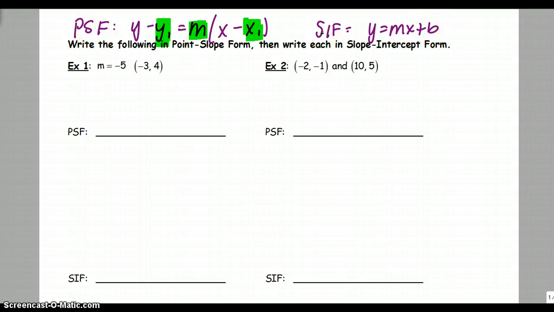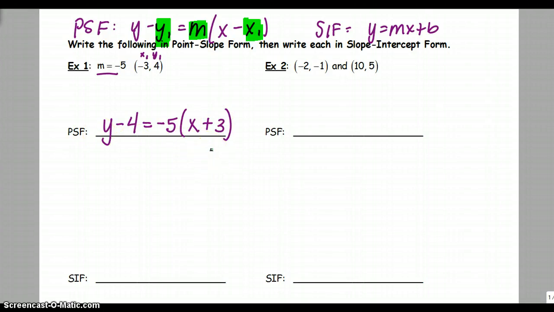slope-intercept. So for example 1, we are given a slope and a point. If you have to, write x1, y1 over the point so you know where each one goes. So your point-slope form would be y minus y1, which is 4, equals m, which equals -5, times the quantity x minus a -3. Now what happens here is it turns into a positive, so it is x plus 3. From here you have two